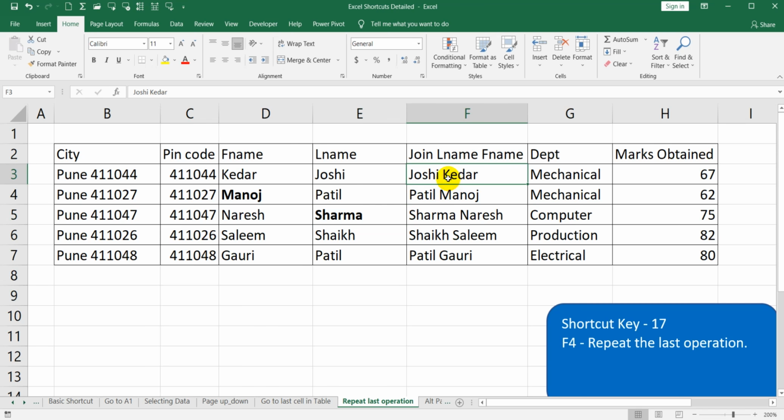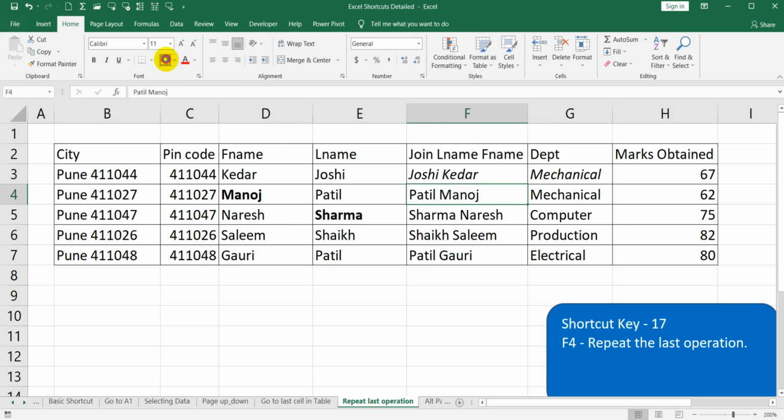Again, let's consider this one, and now I want it italic. For italic you can use the shortcut Control I, and again if I want to use italic for this other cell, then you can press F4. With F4 it will repeat the last operation which we have used.